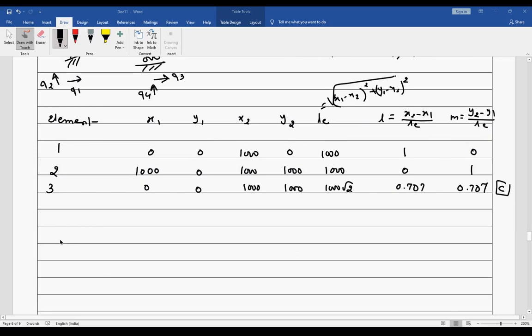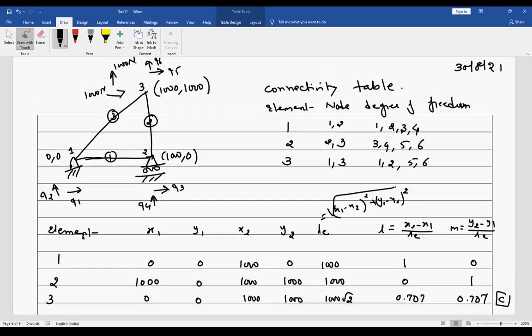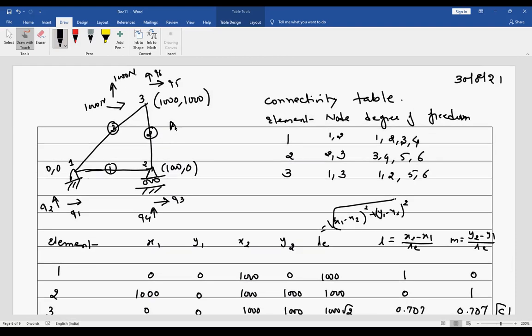Okay. Now I can go for the preparation of the individual stiffness matrices. So K1. Let's consider the area of each to be 100 mm square, and modulus of elasticity 2 into 10 to the power 5 Newton per mm square.